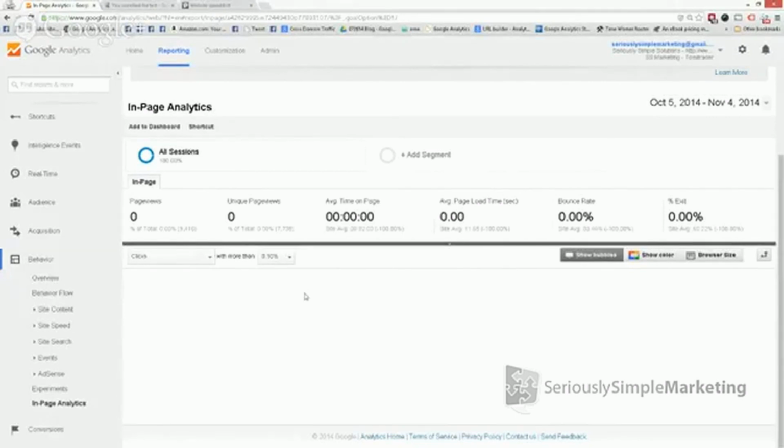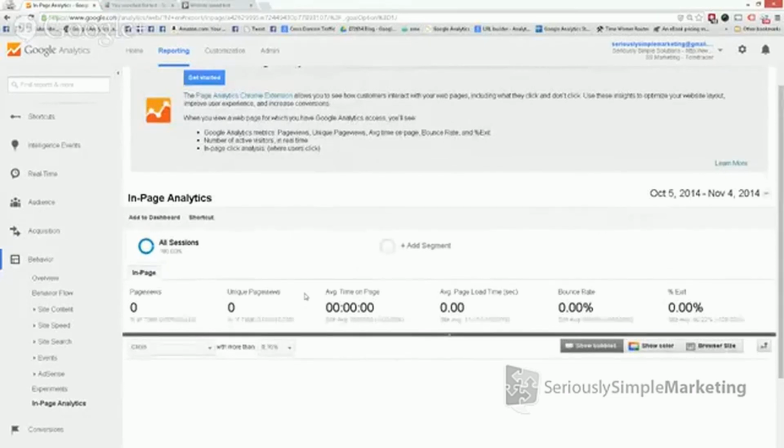And it's useful to know that, but again, we prefer using tools like Crazy Egg, because Crazy Egg is a heat mapping tool. It will actually show us where people are clicking. It will show the actual clicks, not just the number. Plus, it also does the stuff that in-page analytics does, and it works more consistently. So that's kind of why we like it. So we use Crazy Egg.